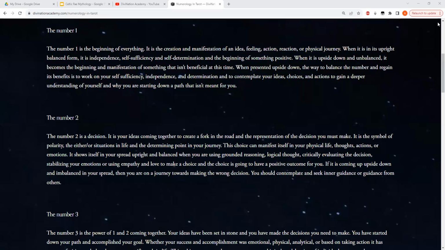So we're going to discuss the other numbers. But for example, the number 5 is the symbol for chaos. It's the symbol for every single chaotic thing that has ever happened. It is just the extreme number of chaos. So if you get a 1 and it shows up right next to a 5, it's probably the beginning of chaos. Does that make sense?